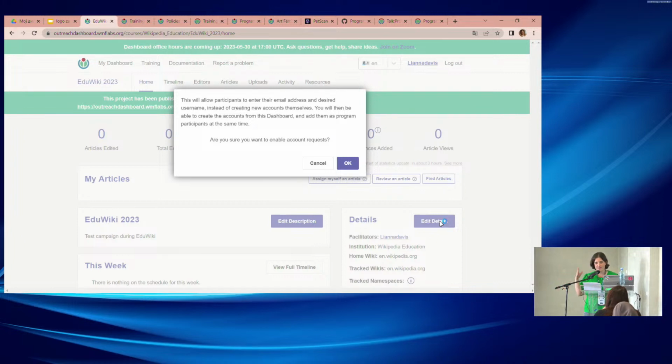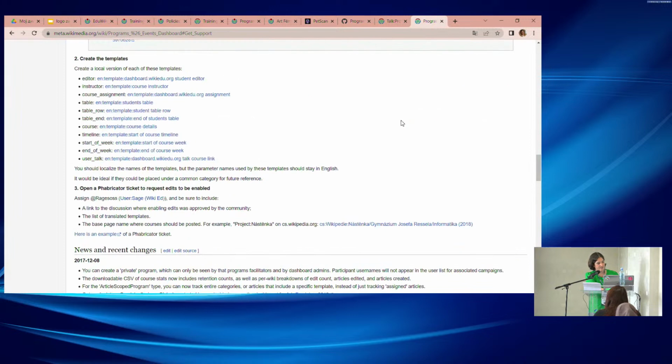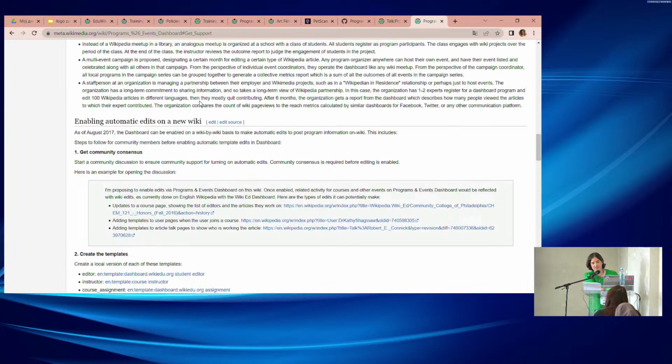If you want it to work with creating a home wiki in your language, then you need to follow the procedure that's listed. It's kind of complicated, on the Program and Events dashboard page, under enabling automatic edits on a new wiki. There are also additional things, I think, for the account creator flag for the dashboard account. And then one quick other thing, the most frequently asked question we get: